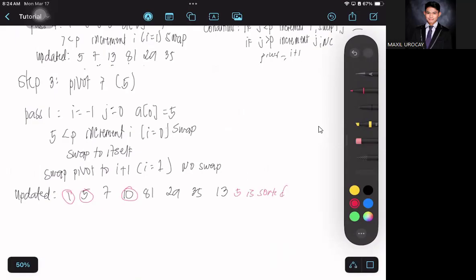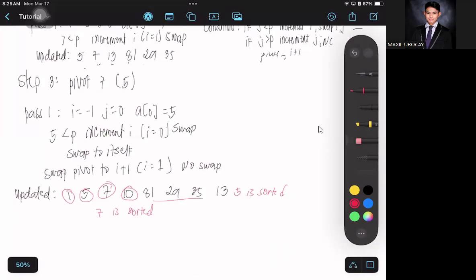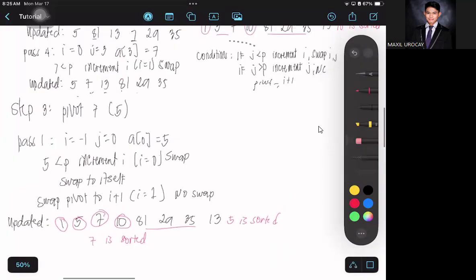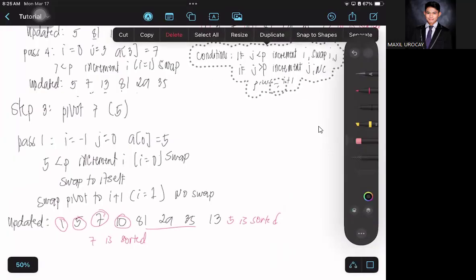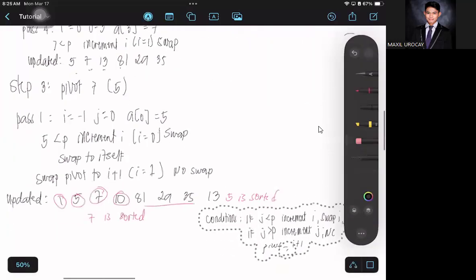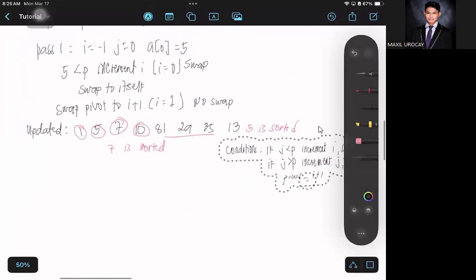So since 7, we need to do that recursively. Recursively, what we will need to do right now, assume that 7 is also sorted. So we will need to sort this element right here since that will be our next subarray. It will become step 4,